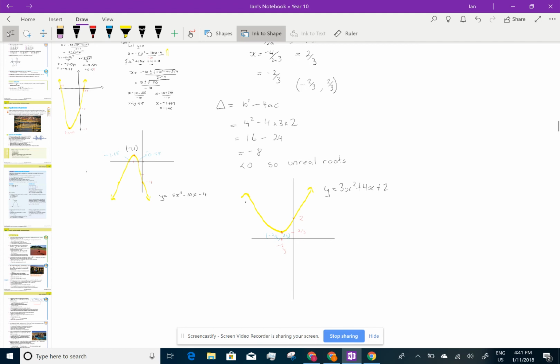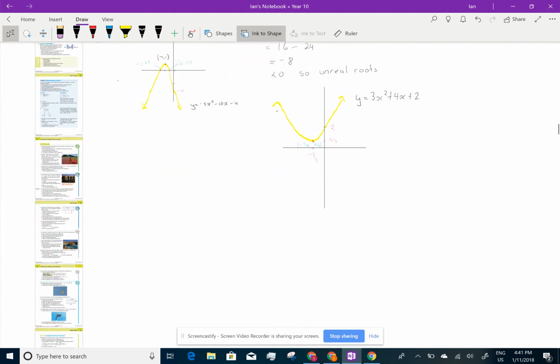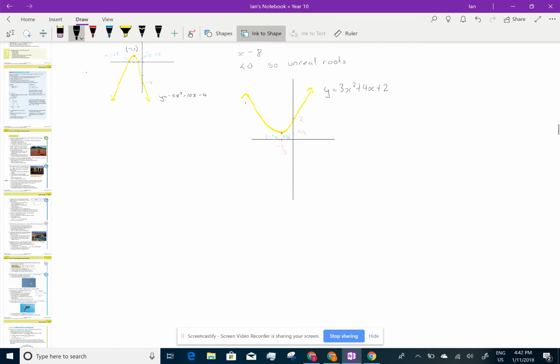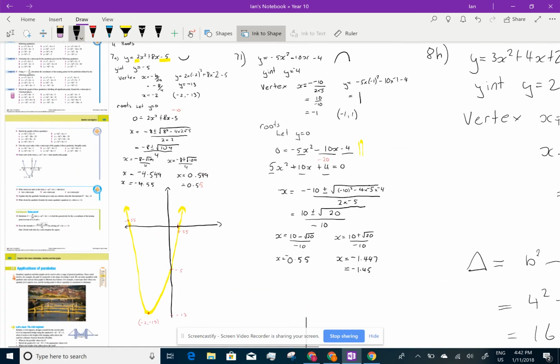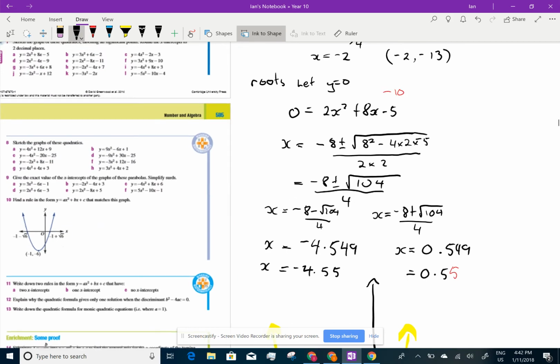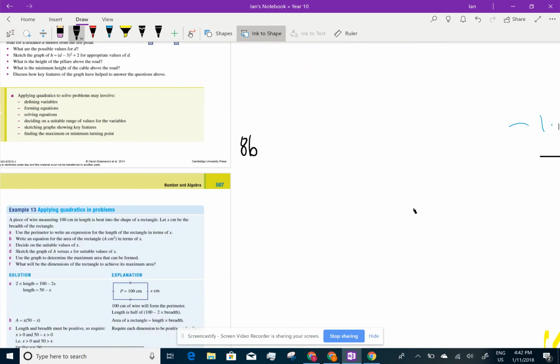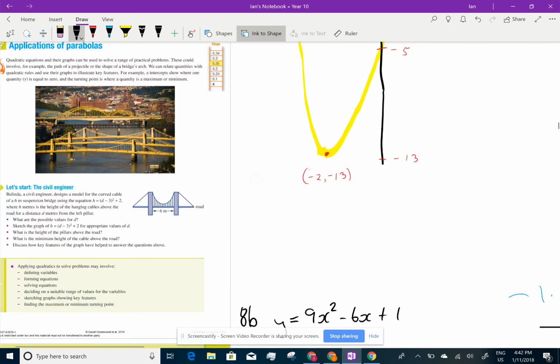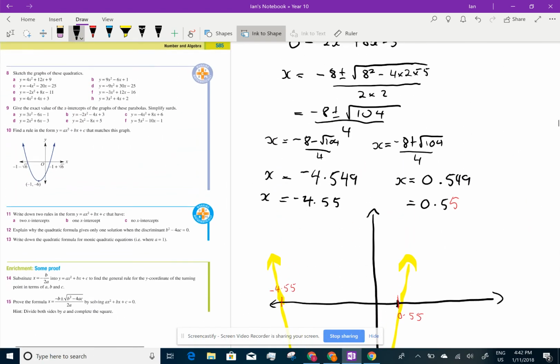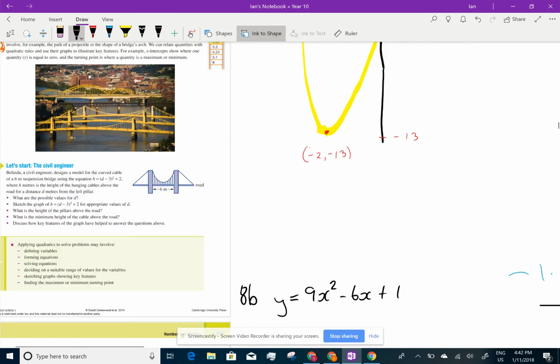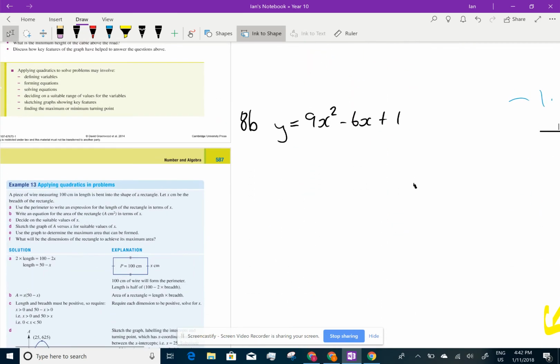I want to do one more. I'm going to jump in at 8b. So 8b. Let's have a look at it. y equals 9x squared minus 6x plus 1. Let's have a look at that, double check, make sure it's the right one. 9x squared minus 6x plus 1. Righto. It's positive, and the y-intercept